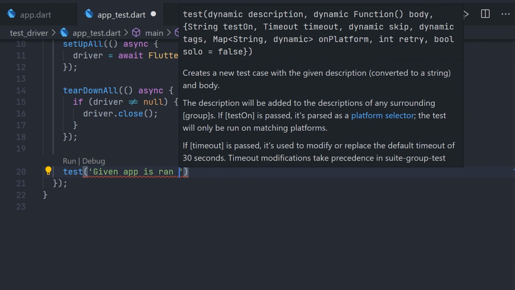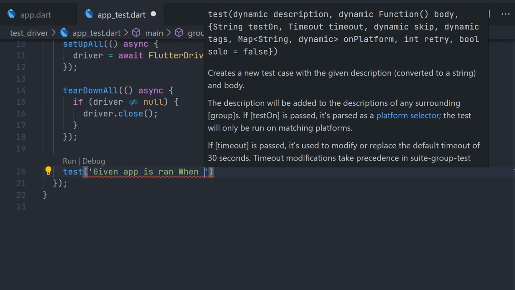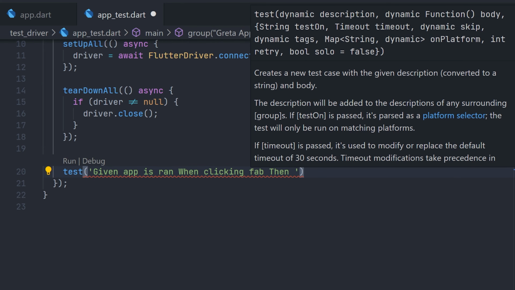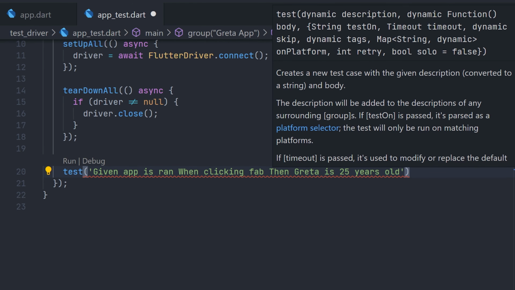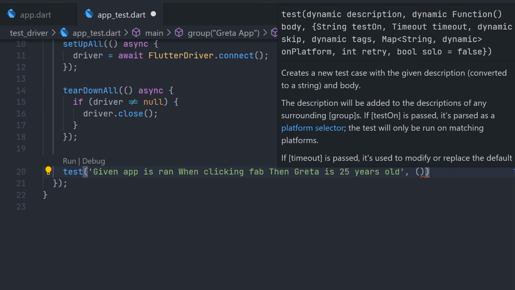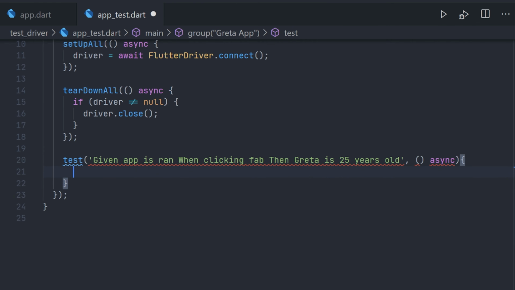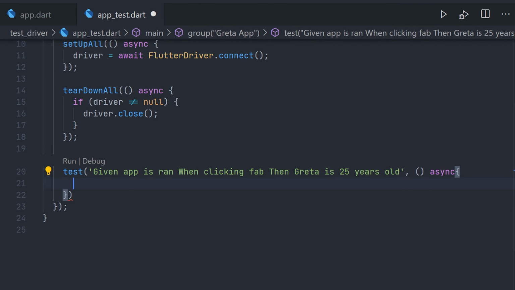Now we can start to define what the test actually will do. I'm going to use the same naming convention here as I've used in the unit and widget testing. Now this test is actually already covered in the widget test, but we're just going to define it here as well to make it simple and more understandable. So we just define the name: given app is run when clicking fab, then Greta is 25 years old.